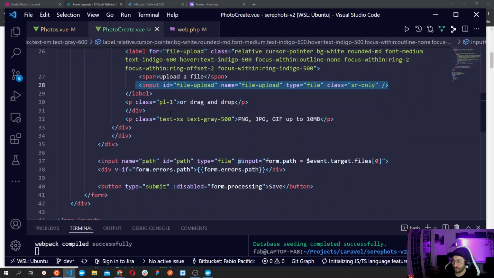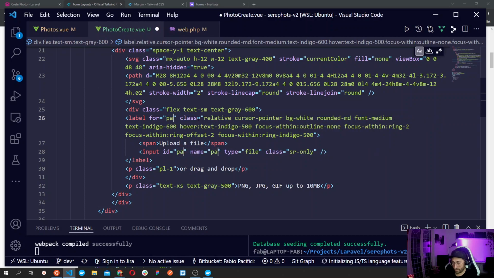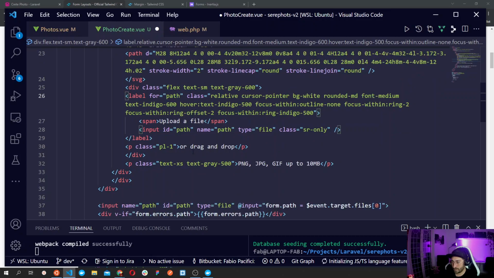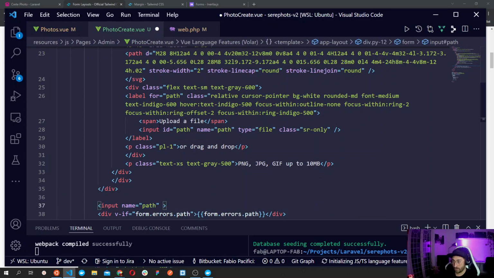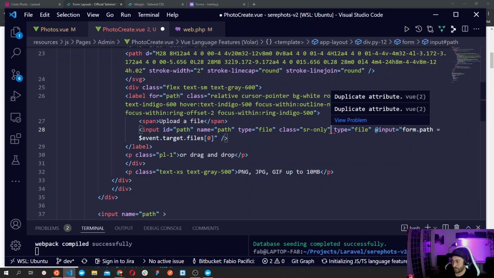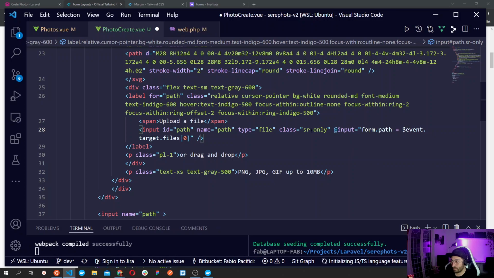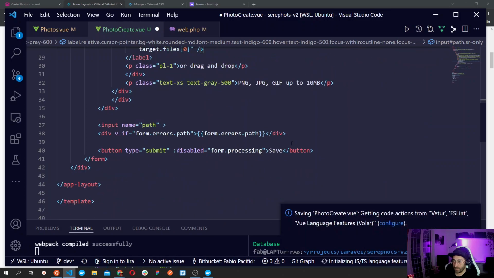So file upload, the ID, but it is not gonna be file upload. It is gonna be path. So it's gonna be path. And then we can copy everything that we have here. So ID, type, input, and so on. We copy this stuff up here. Twice the ID. Okay. And the type file is here twice. And we should be good to go. And we can get rid of